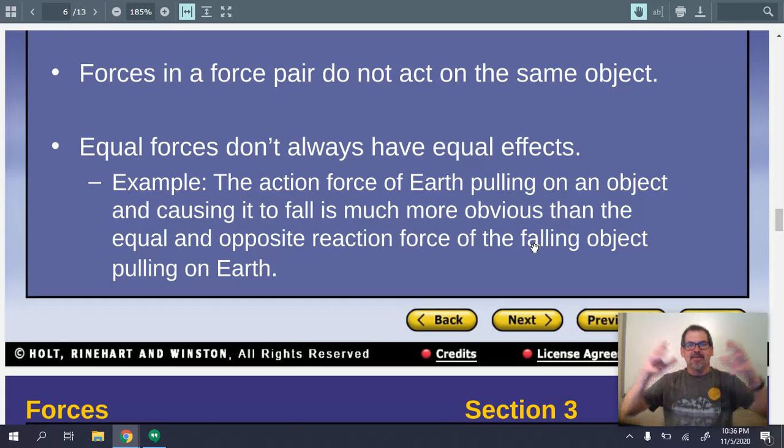So, if you were to stand and hold a bowling ball and drop that bowling ball, not only does the ball accelerate towards the Earth, but yes, in the strictest sense, the Earth accelerates towards the ball. But why don't we feel that? Wait a minute, what have you been smoking? You're trying to tell me that when I drop a ball, the Earth actually accelerates towards the ball? And the answer to that is yes, but it's obviously negligible.